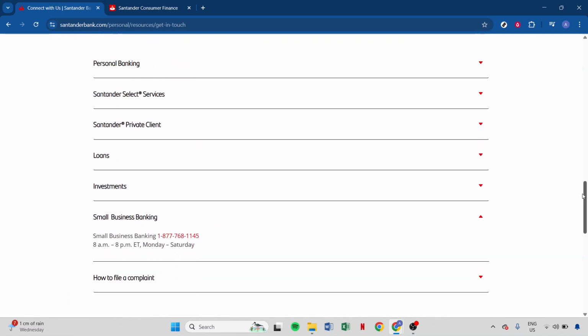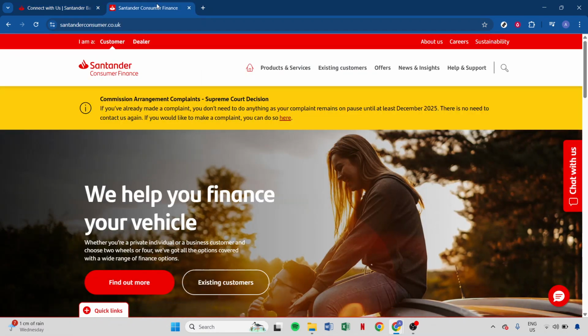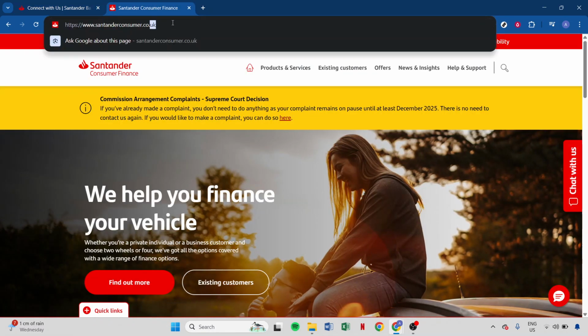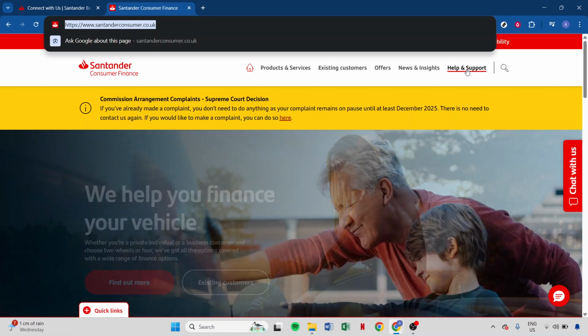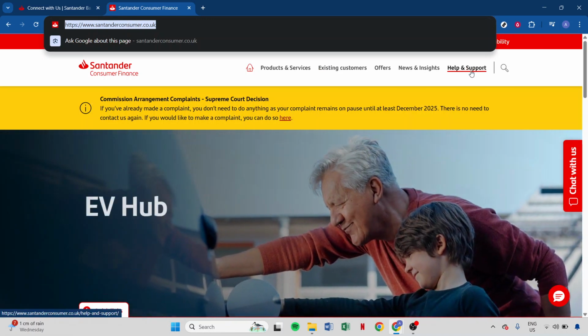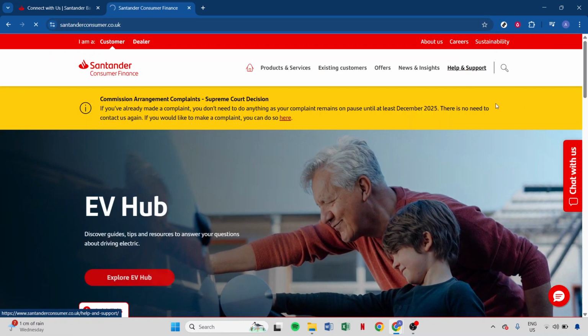In addition to that, should you find yourself needing more tailored assistance, another helpful resource is santanderconsumer.co.uk. Upon visiting, you'll see a tab labeled Help and Support. Clicking on it will direct you to a dedicated support section. Scroll down the page and you'll discover various contact methods such as phone numbers, email addresses, and the option for